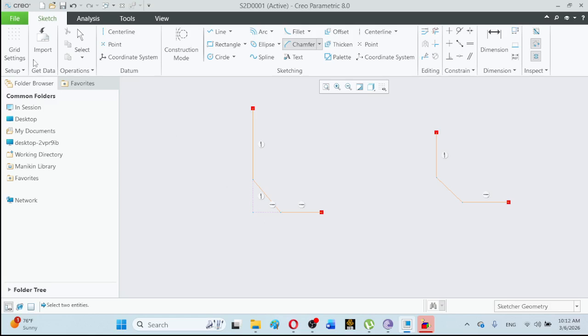So what is the advantage of these traces? They can be referenced for other existing geometry, but here this reference is not available. Here three references can be used: this line segment, which is in construction mode, and third one is this point. So this point can be a reference point for any other existing geometry,